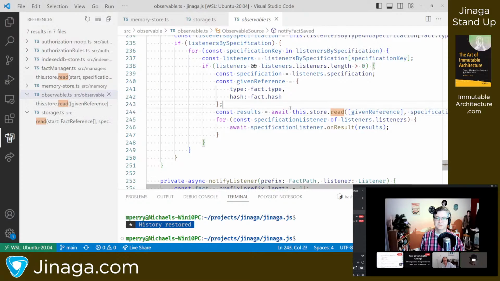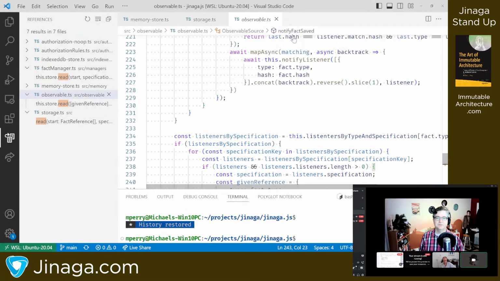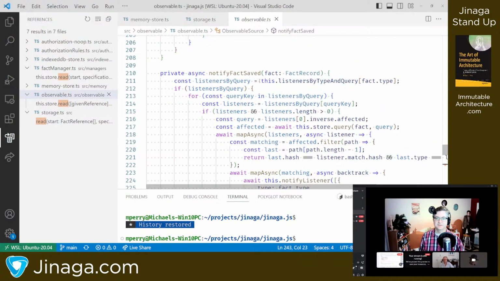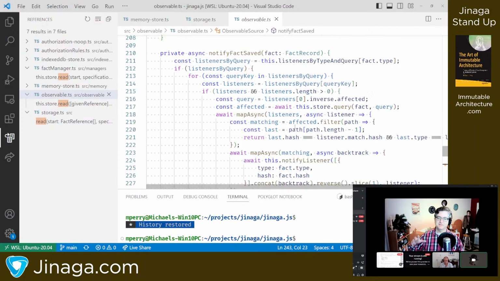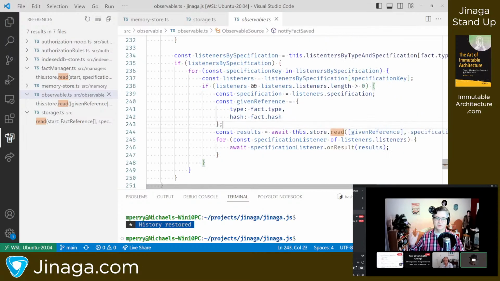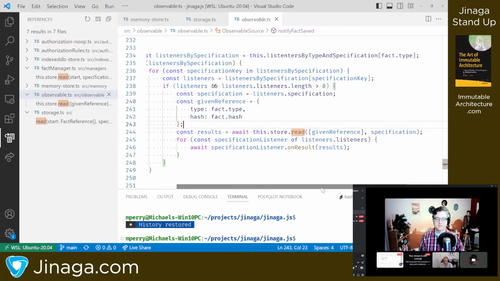Observable calls read whenever a new fact is saved, then it does the query inverse, and then it calls read in order to put together the projection that was just added.